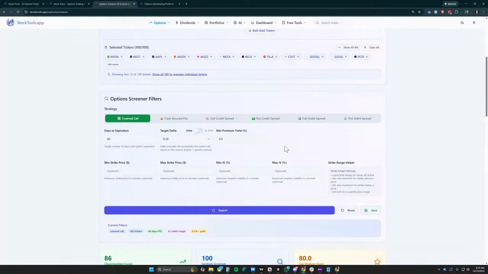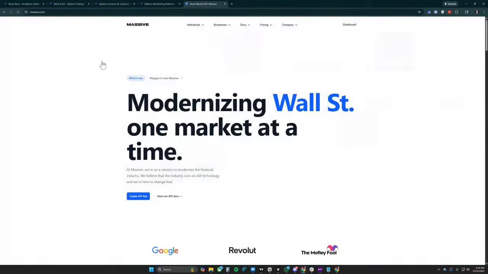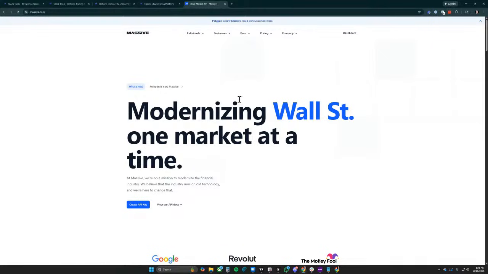All right, so you did covered calls. So you're just kind of searching opportunities in a sense. Exactly. And let's say I only have $10,000, so I only want to do stocks under $10. How do you even do this? What does this connect to? It connects to this big site, Massive.